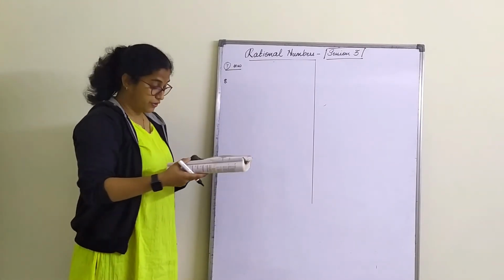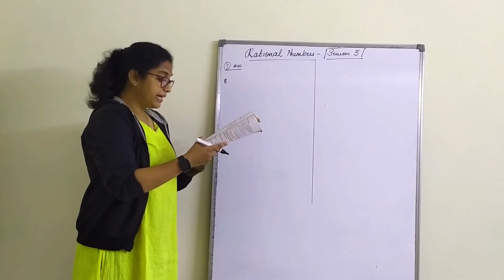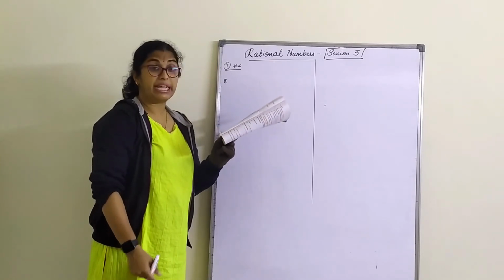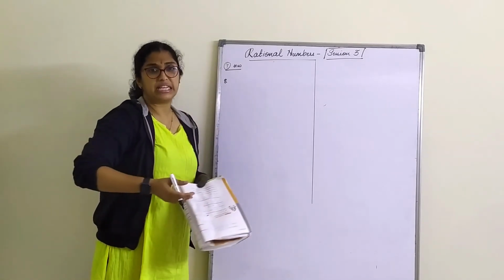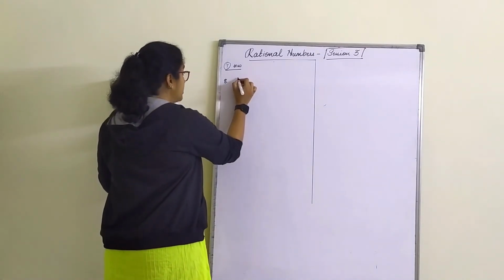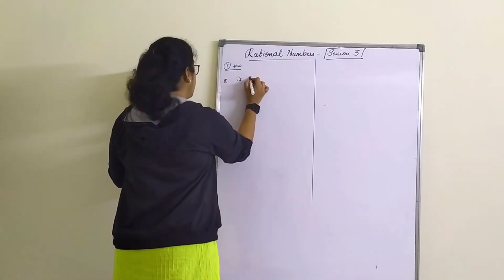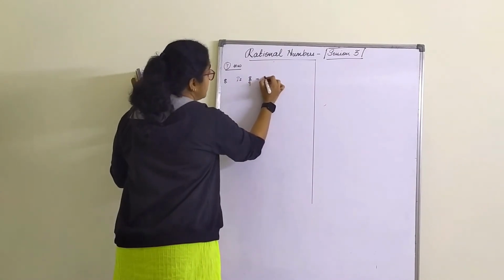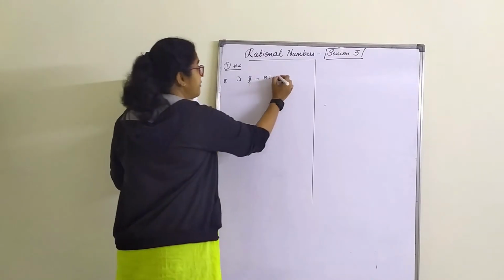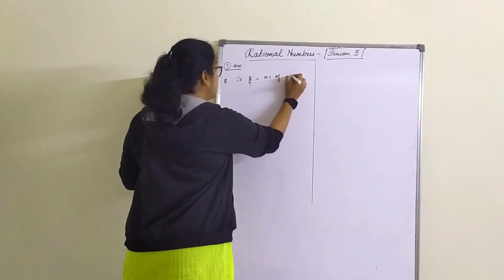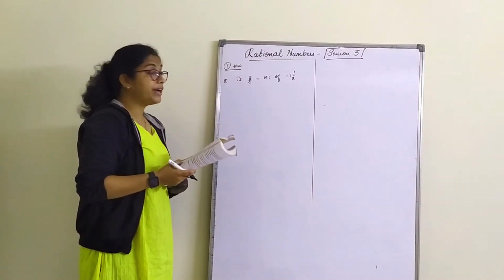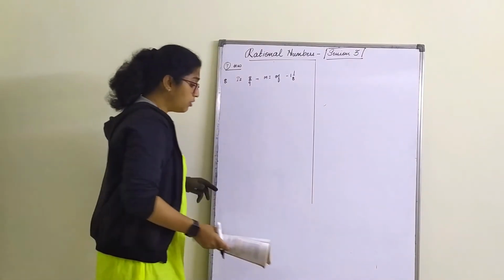Is 8 by 9 a multiplicative inverse of minus 1 by 8? Why or why not? If it is yes, give reason. If it is not, also give reason. So according to them, is 8 by 9 the multiplicative inverse of minus 1 by 8? I'll just use shortcuts here, but you do not use that. I need to find out. So, how do we do this?